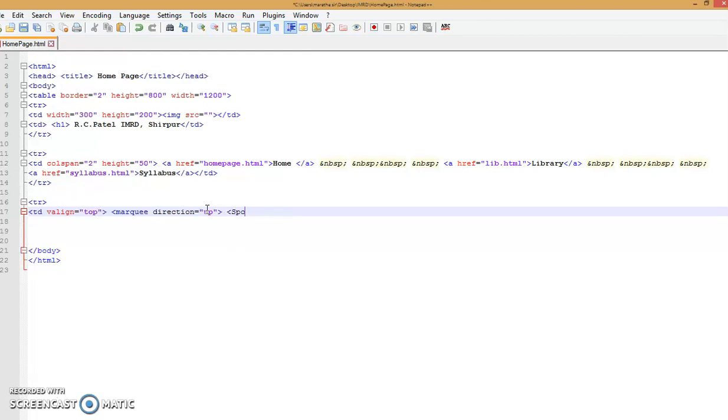For example, sports, sports.html, or here we pass only the hash, because the file has not been created yet. Sports anchor tag completes here. BR means break the line.